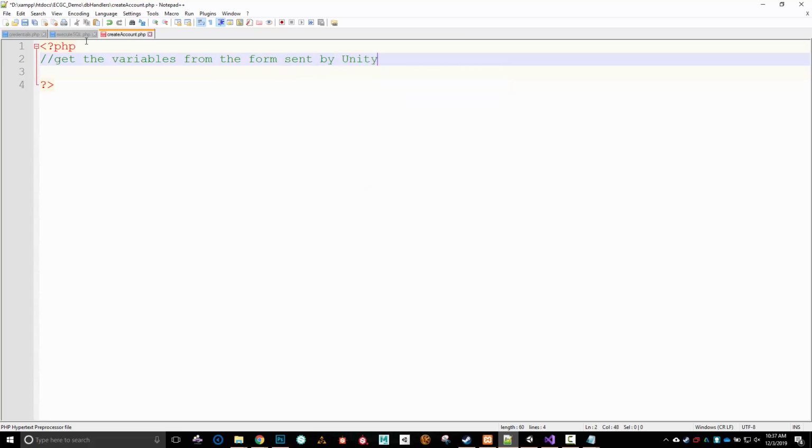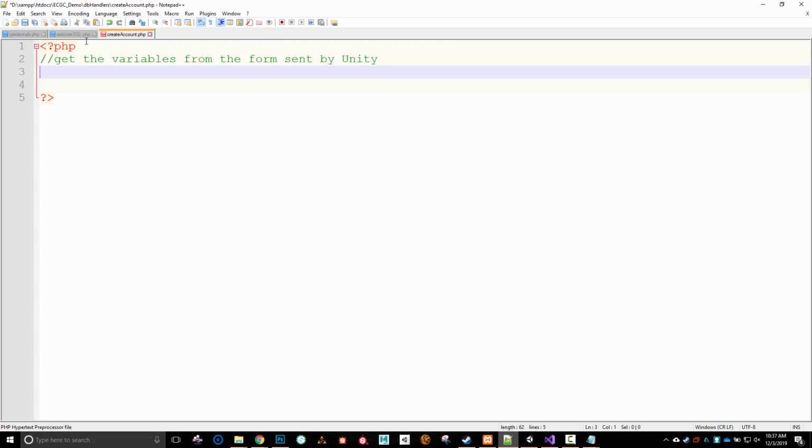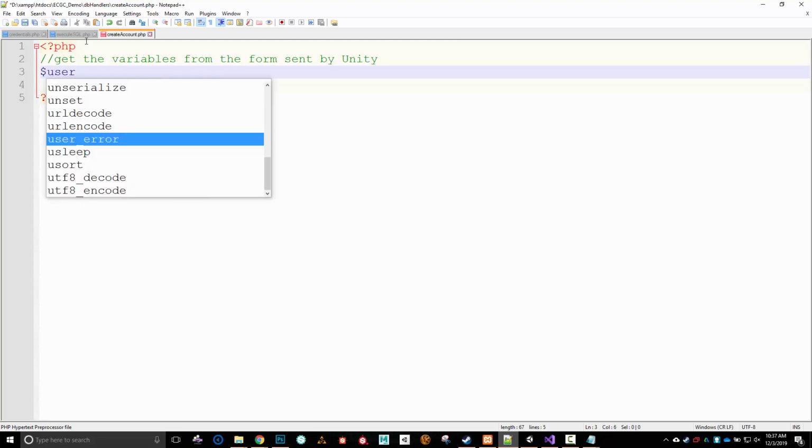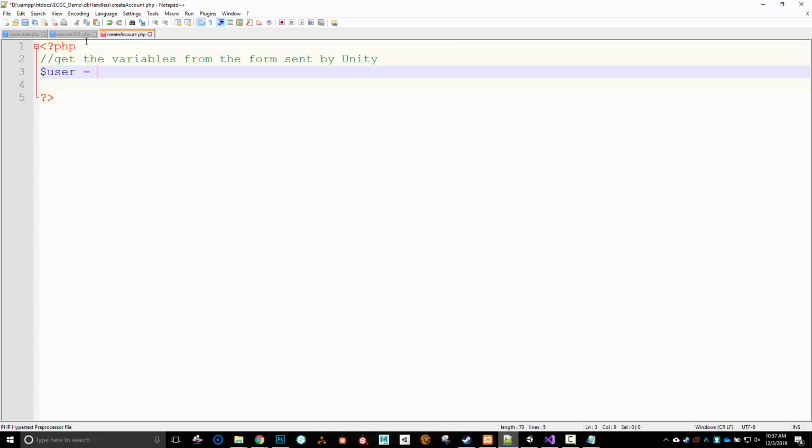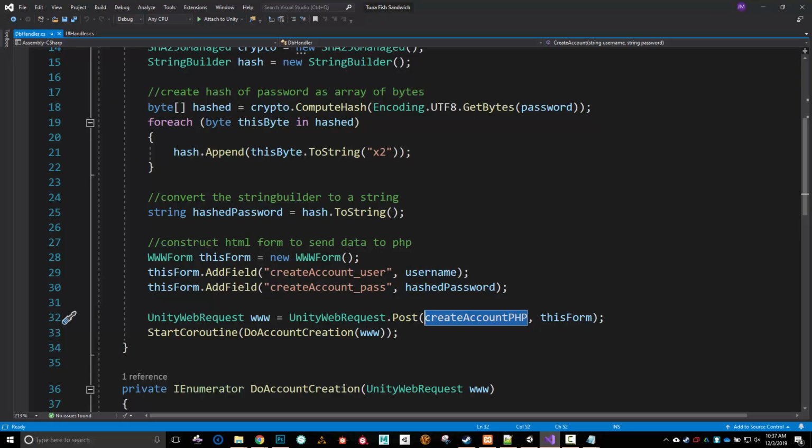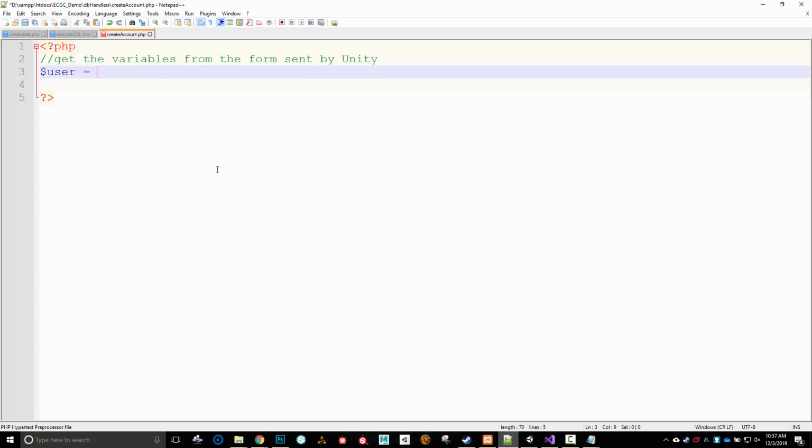sent by Unity. Okay, so I'm going to need a username and a password, and that's what got sent. So I'm going to do $user is going to be the name of my username. And the way I'm going to do this is, if we look at how it was sent, it is sent through a post. So we're using the post to send it. So I can get it through a post as well. So I can do $user equals